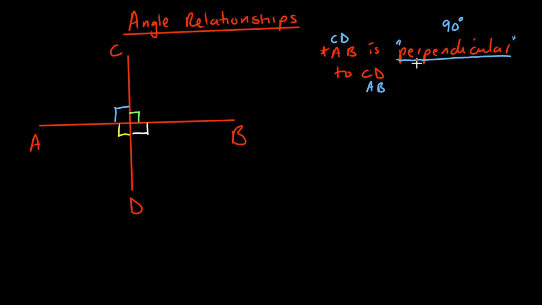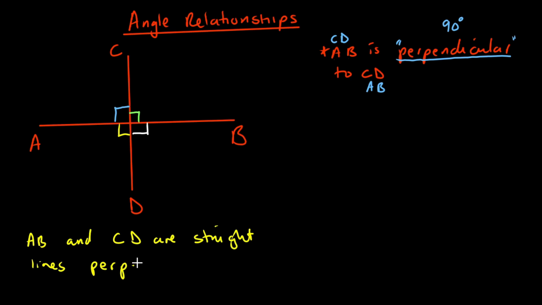Whenever you hear that two lines are perpendicular, you need to understand that the angle they are forming is 90 degrees. Perpendicular lines are formed when we have two straight lines meeting. First we have to be told that AB and CD are straight lines,